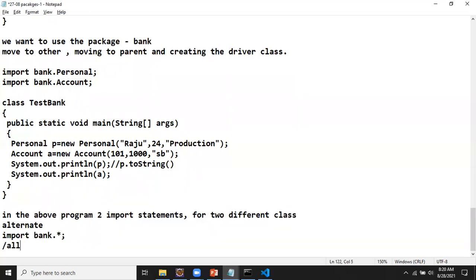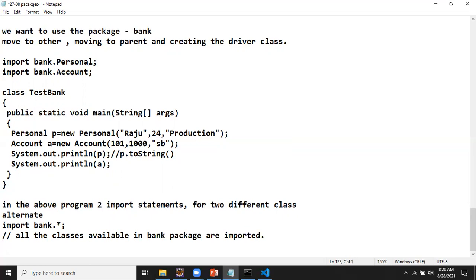All the classes available in the bank package are imported. Understood now what I'm telling? All the classes in the bank package will be imported and you can start using them. This is one method of doing things.